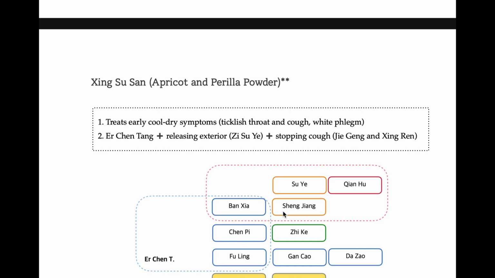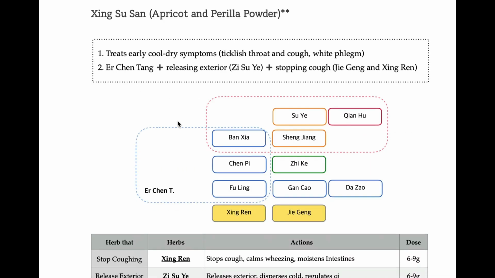So it is not that severe inflammation, but there's a tickle because of dryness. There's 싱수산. So the question can ask you this way: common cold-like symptoms after traveling to Las Vegas, some dry place. Not a heat, but a dry place, and a ticklish throat, with mild symptoms, not severe symptoms, mild coughing and exterior symptoms.